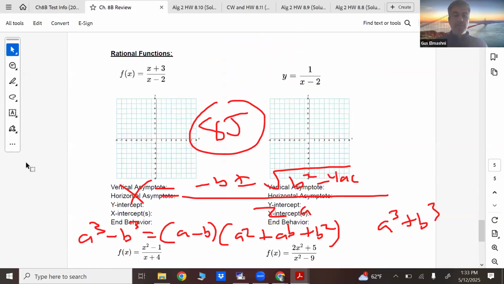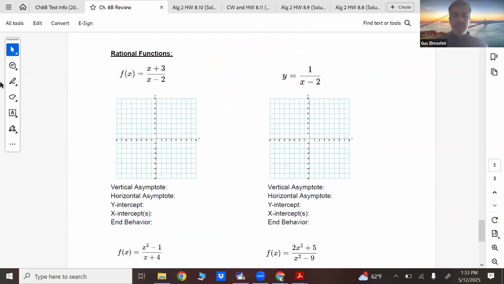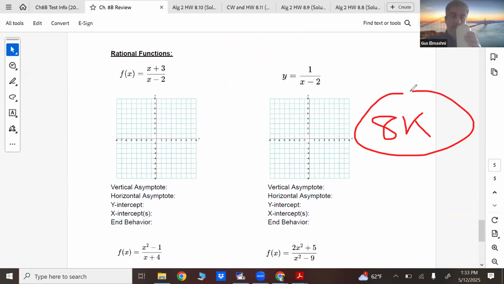So this stuff here, we're going to talk more about today. This is 8K, this entire page. So it's more recent stuff. They have that on the test. You have to draw those sine graphs. You don't have to know